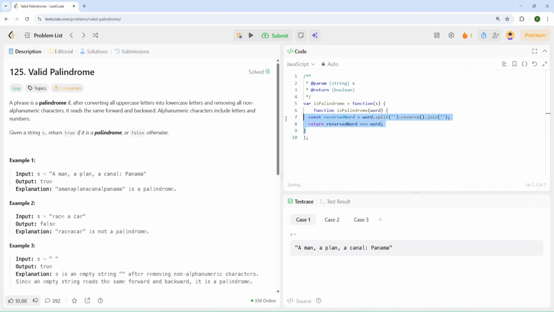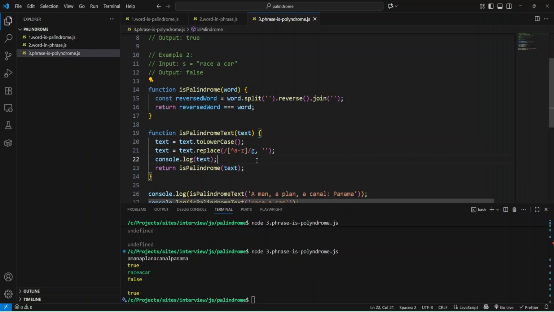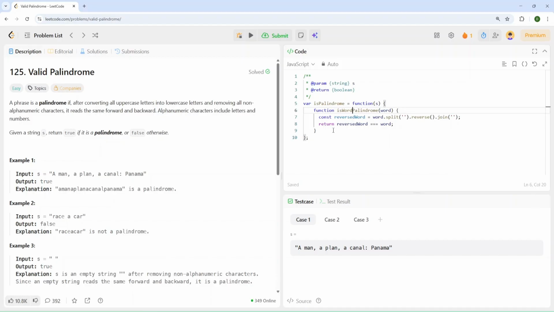Okay, and we probably need to change the name, like isWordPalindrome, and let's just copy this code and try to run it on LeetCode.